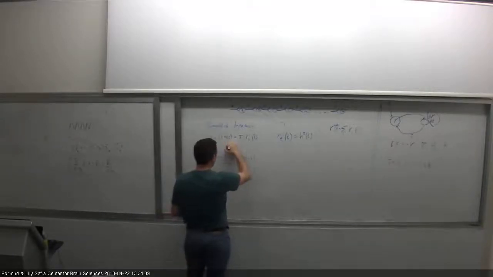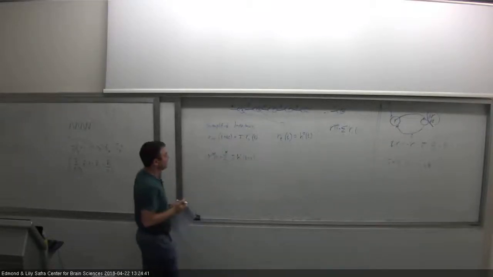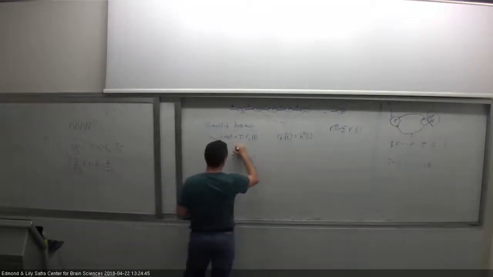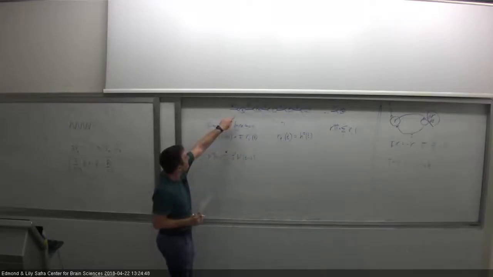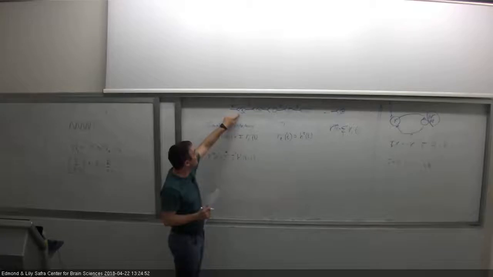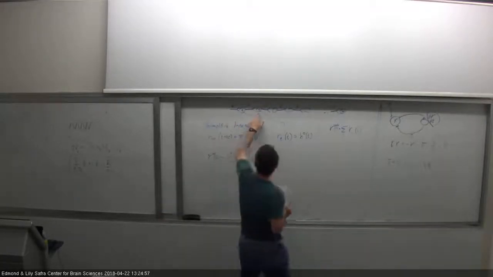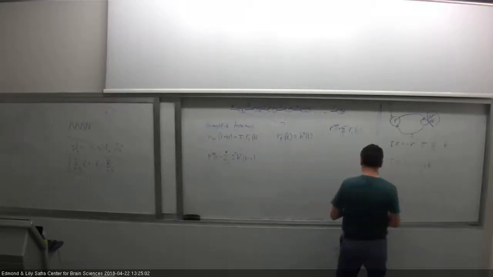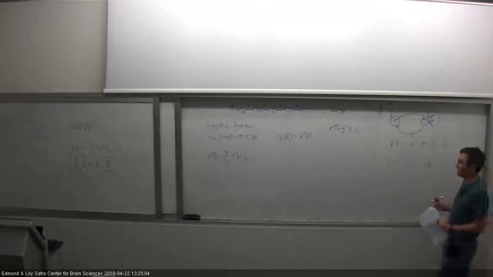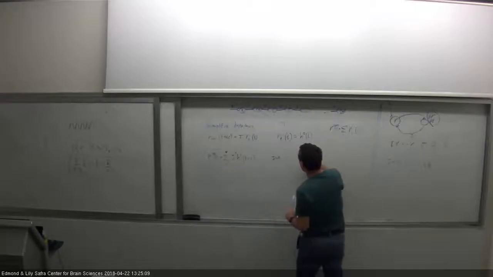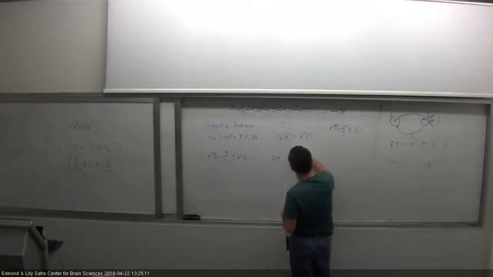Summing over all neurons, with weights J to the power i minus 1. So the first neuron, which encodes the most recent information, is not weighted by anything. This one will be weighted by 1J, 2J, 3Js, and so on. So if we assume that J is equal to 1, then our output